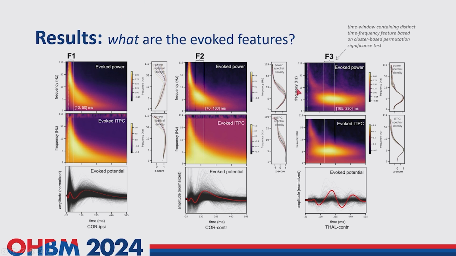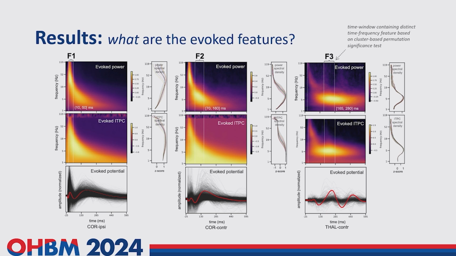the time domain. And the second feature corresponds to a lower frequency peak at the power band, and it doesn't have a phase locking feature, which is very different than the third feature we are discovering here, which also has a low frequency peak at the power spectrogram, but is more delayed than F2, and it has a very strong narrow band phase locking feature. In the time domain, it resembles a theta oscillation. And most importantly, this F3 feature is uniquely associated with thalamic evoked responses, which is unseen from all other cortical